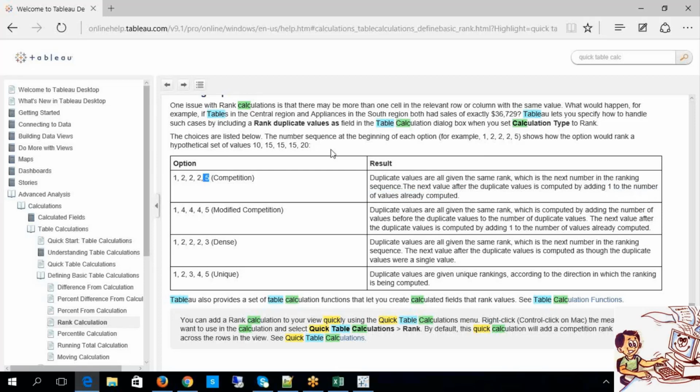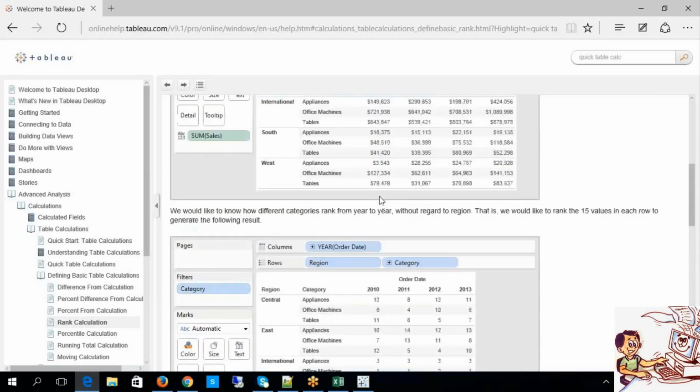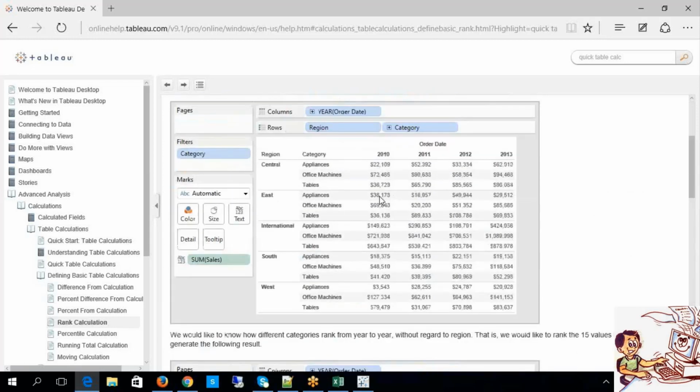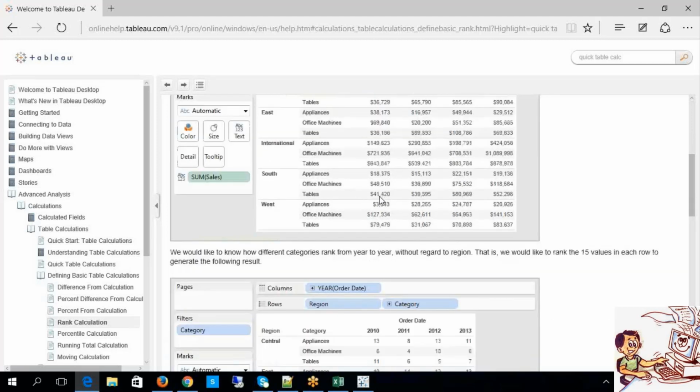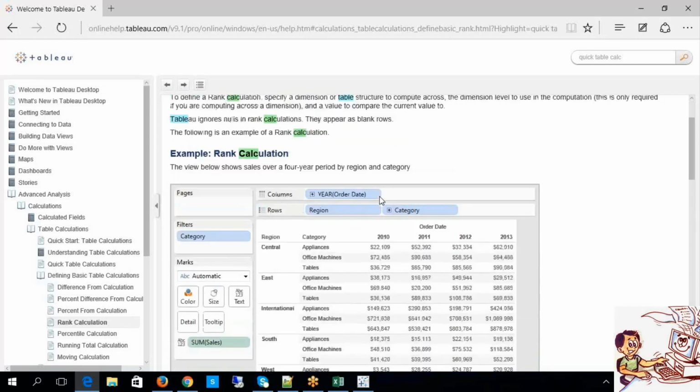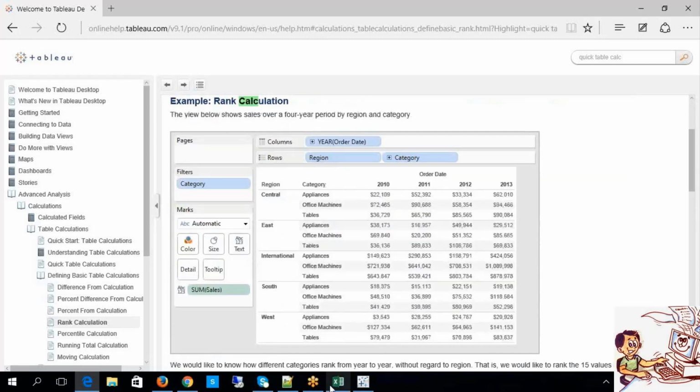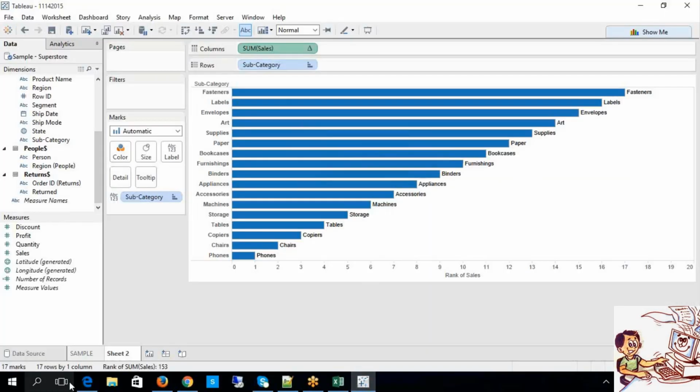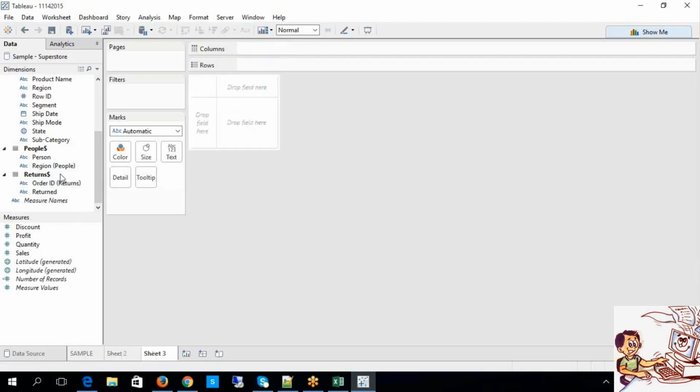Okay, guys, now if you want, you can look at this example also. Probably we can try with this. But we don't have a region here, right? Okay, let me try with this example. So we have, let's say, I don't have exact data.